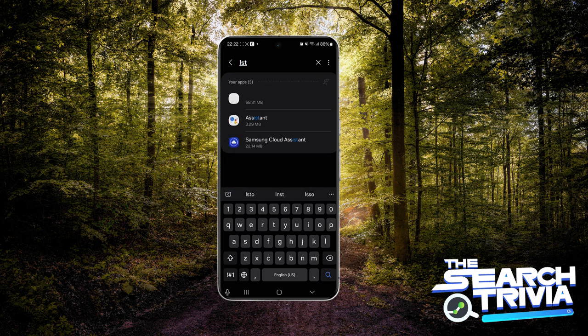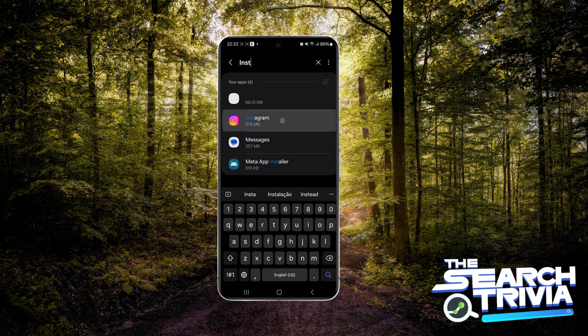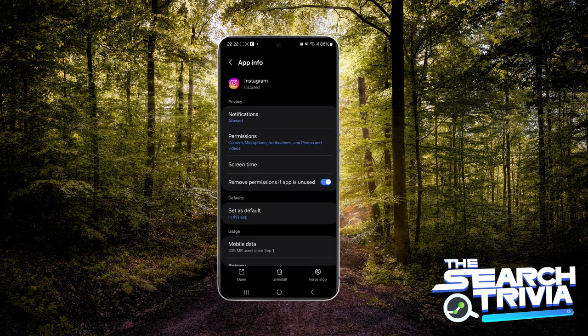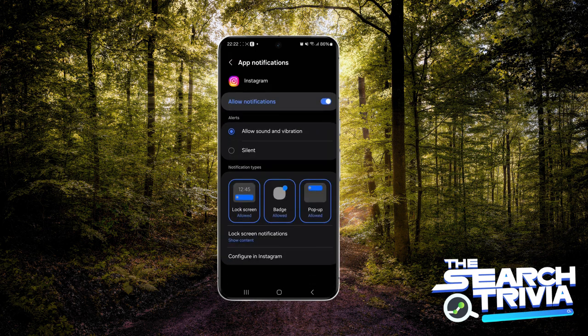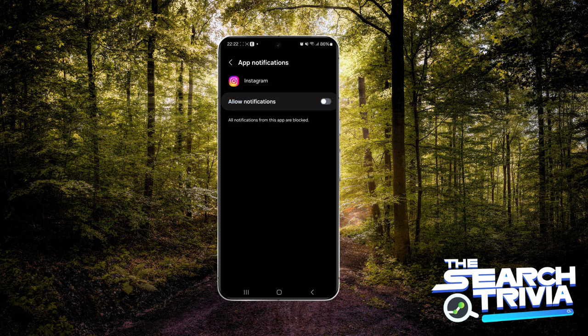So I'm going to configure the notifications for Instagram, and then what I want to do is to tap this notifications option here, and then here I can either configure my notification or simply block them. And this app is not going to notify me anymore, but the other ones are going to continue to work normally. So that's how you turn off notifications for an app